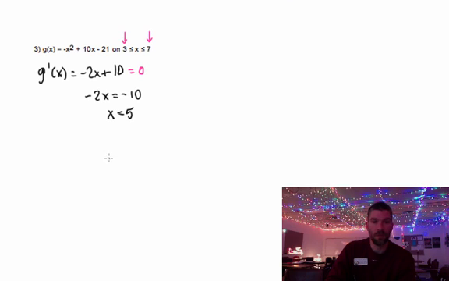That's point of interest number 1. Point of interest number 2 is x equals 3. And point of interest number 3 is x equals 7. So once I know what all these things are, I need to look at what the original function is at these specific points, because that tells me what my max or min values are going to be. So I need to know f of 5. Well, either put it in your calculator or work it out by hand. -5 squared plus 10 times 5